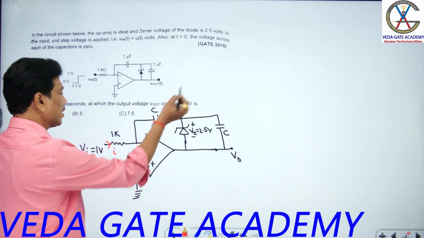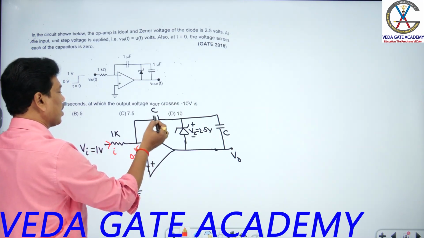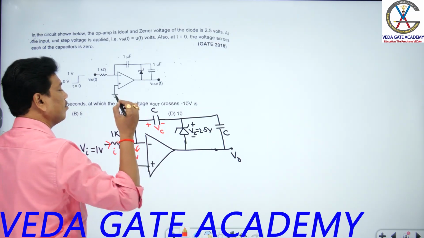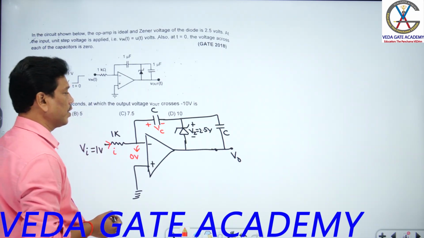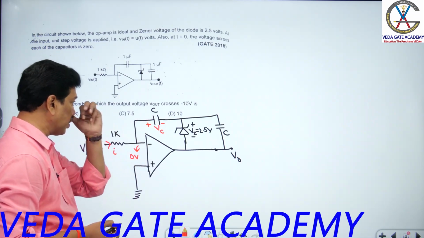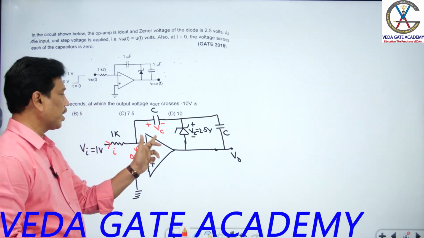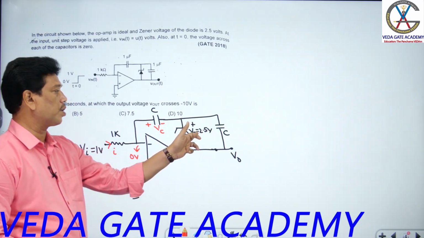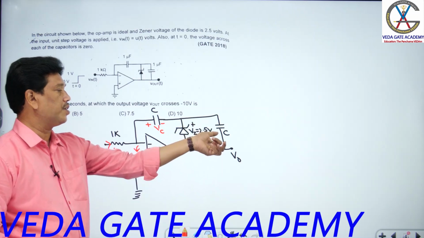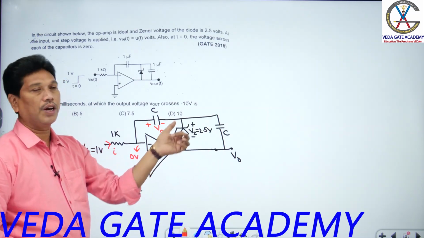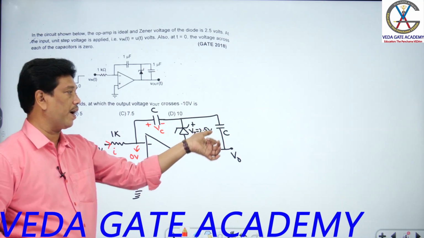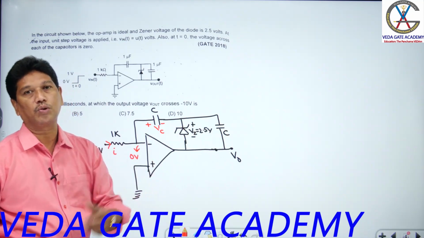Now, on applying the supply, the capacitor initial voltage is 0. Now it can charge to some voltage VC. Now I can call, confirm my option, sir. The first capacitor can get charged, sir. What is the voltage to which it can get charged, sir? Means VC I can call. This capacitor charges to a maximum voltage equal to 2.5 volts, sir, because it is in parallel with the corresponding Zener diode, which has a breakdown of 2.5. This capacitor may charge to a maximum of 2.5 volt.